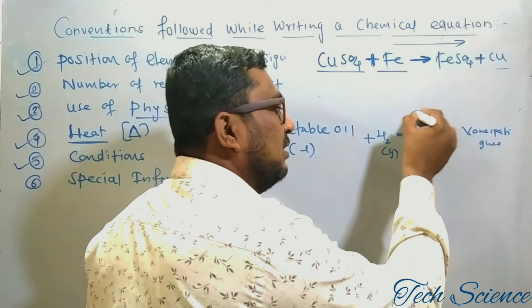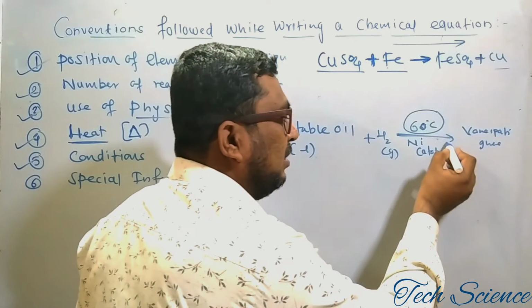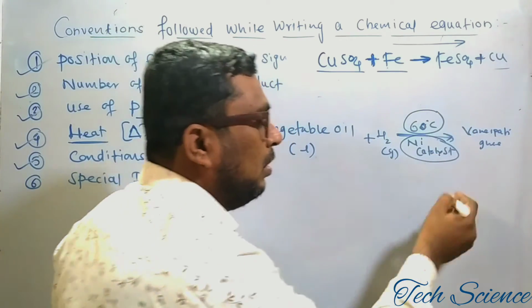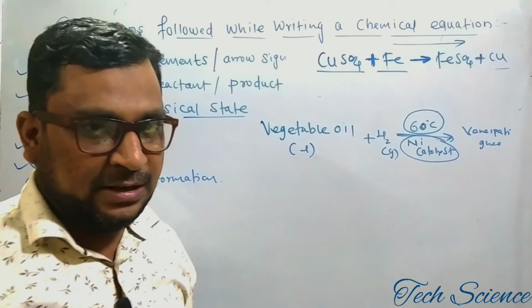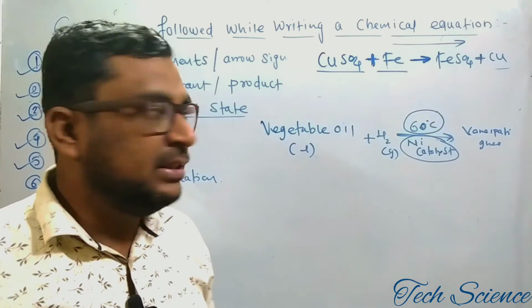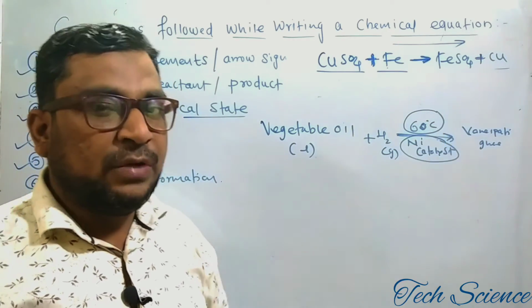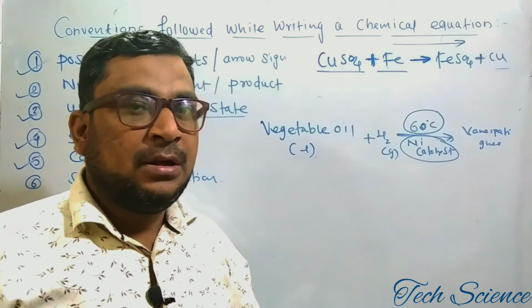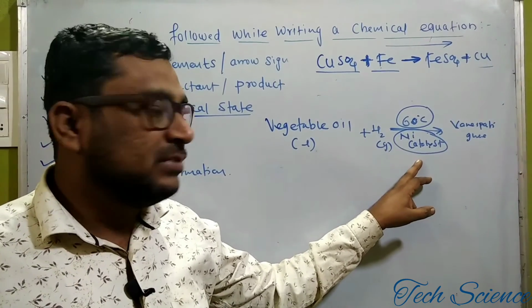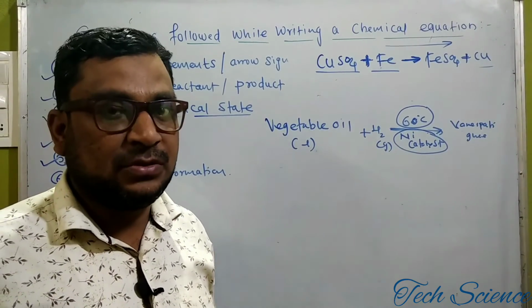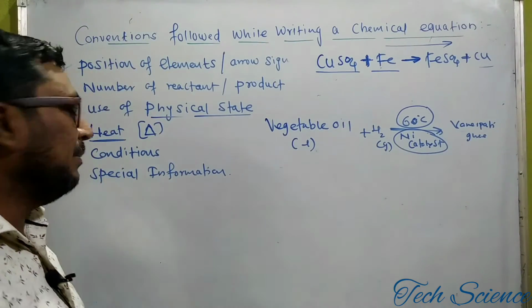So these are the extra conditions, and these conditions you have to write on the upper side of the arrow or the downside of the arrow. Then such reactions are clearer. For example, in photosynthesis we always write it on the upside of the arrow. In biology also we write on the upper side of the arrow the photosynthesis reaction, presence of sunlight, and on the downside of the arrow we have presence of chlorophyll also.